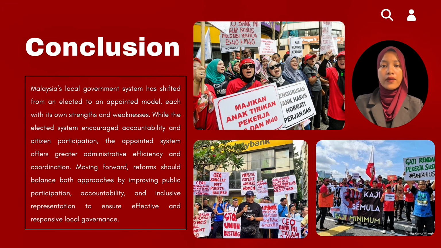In conclusion, the evolution of the Malaysian local government representation system from the elected model before 1965 to the current appointment system highlights the need to balance democratic participation with administrative effectiveness. While the former allows citizens to directly choose their representatives and ensures greater public accountability, the latter promotes stability and a more effective administration. Although both systems have their strengths and weaknesses, continual reform is important to combine effectiveness, transparency and accountability so that the local government can better serve the needs and interests of